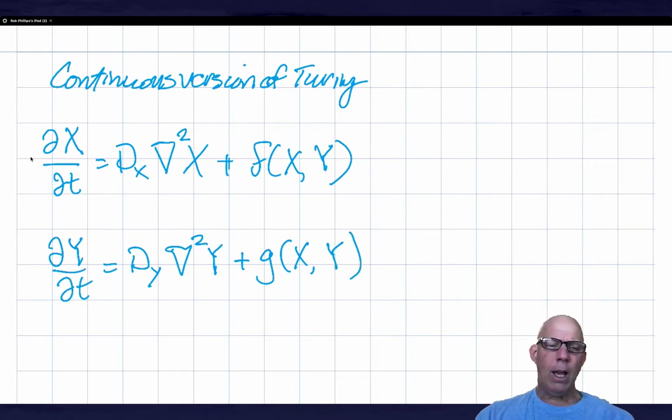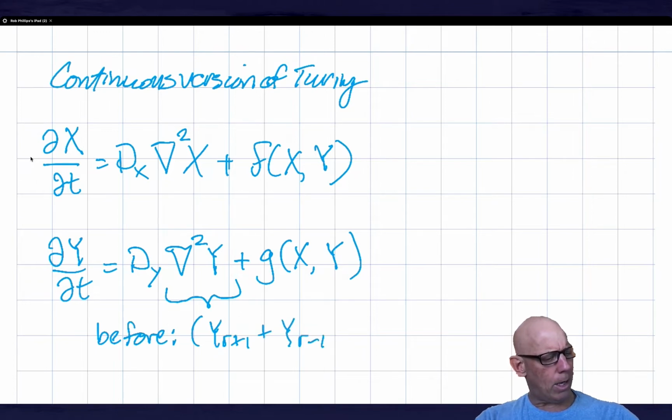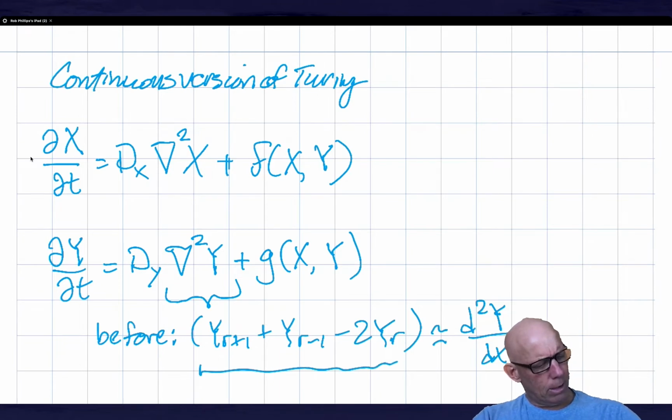So at first cut, maybe this looks very different from what we wrote before, or maybe it looks very much the same. What I've done is I have replaced, before what we had was y of r plus 1 plus y of r minus 1 minus 2 yr, and this is the discrete version of d squared y by dx squared. So in fact, this is discrete,